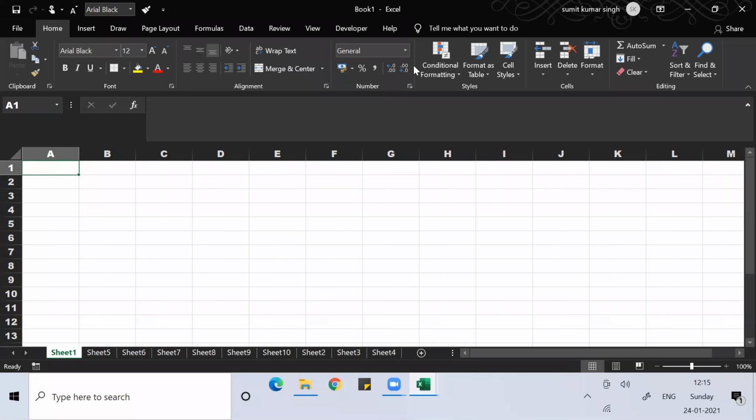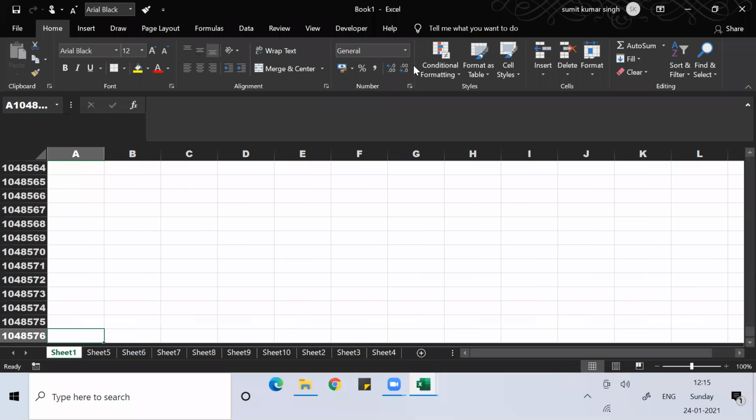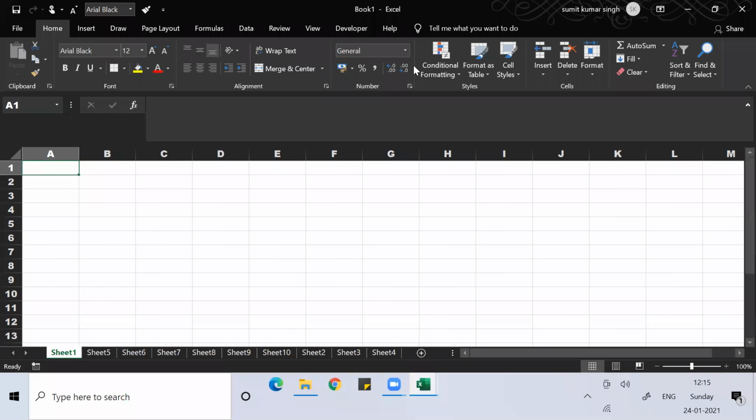In my laptop, there's another option: Control Page Up or Control Page Down that you can use here. In mine it is Control Function. It depends on the system. The ideal keys are Control Page Up and Control Page Down, while it varies from laptop to laptop. In my laptop, I need to use Control Function Page Down to go from left to right, while I need to use Control Function Page Up to go from right to left.